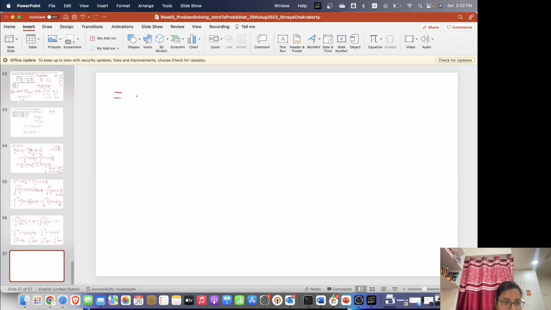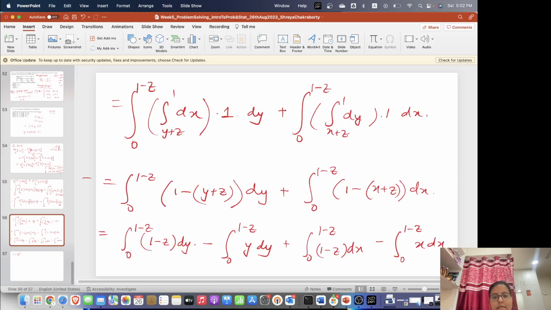This thing we can write as 1 minus z whole square. So the integral of dy is y, and putting 0 and 1 minus z, we'll have 1 minus z whole square